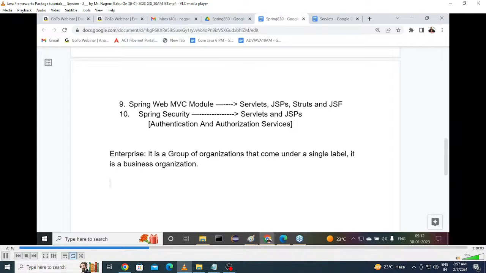Do you know the Tata group of industries have taken over one very good cars brand? What's that cars brand? Jaguar, right? Then the Tata people have captured that. Understand it here? Okay, fine. Like this, so many branches are available, but all these branches are running under a single label. So we can treat it as an enterprise.